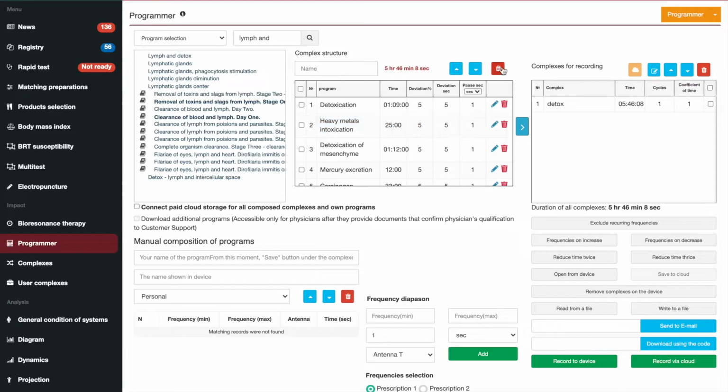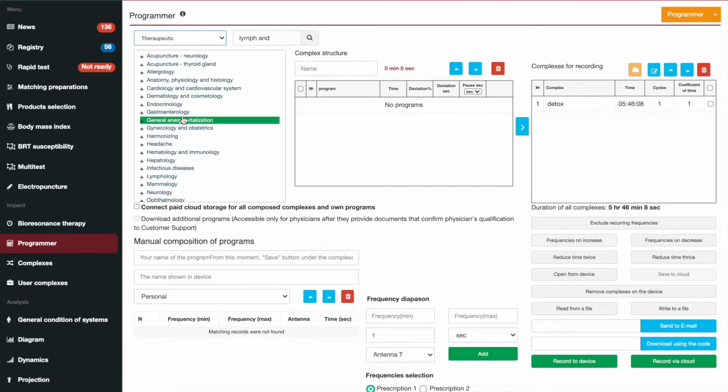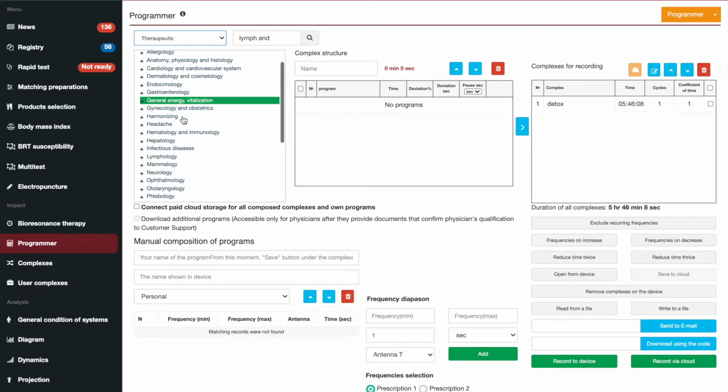Not all the complexes should be chosen strictly by the protocol. For example, let me show you something that can be intuitive, like a sleep program. For example, you want to fall asleep, and you need to choose programs for better sleep. So you can just write here "sleep"